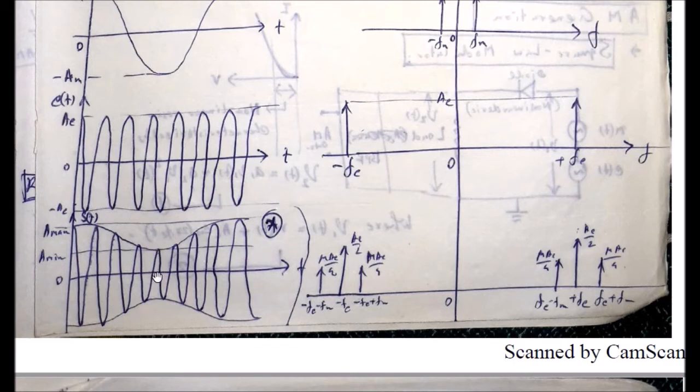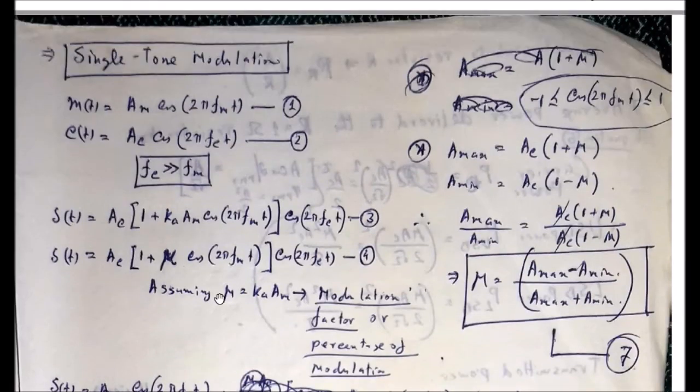And from the relationship which I will show just after the discussion, you can find out the modulation index which is used for this modulation. How can you obtain that? We know that any cos theta, that means any cosinusoidal function, has a maximum amplitude of +1 and a minimum of -1. So cos theta is less than or equal to 1 and greater than or equal to -1.